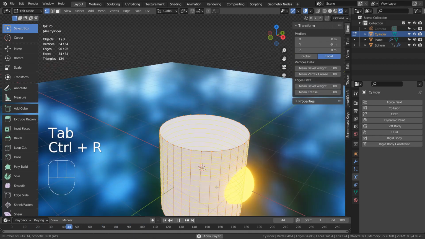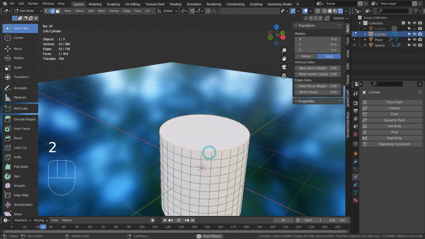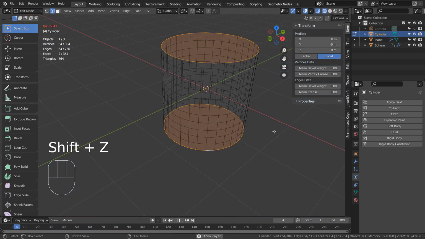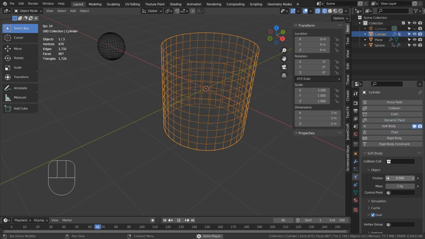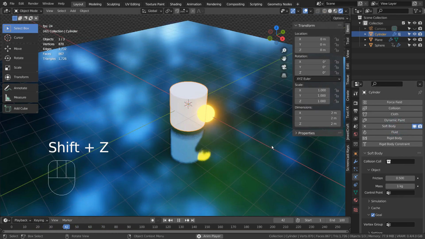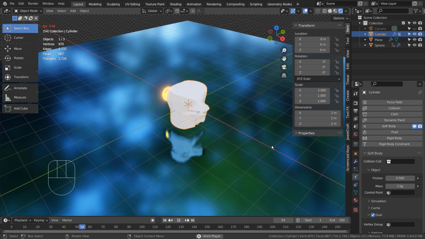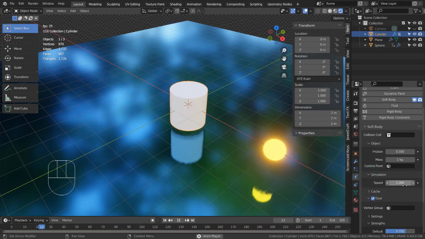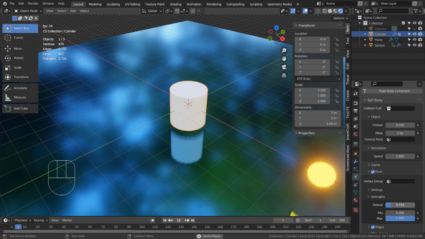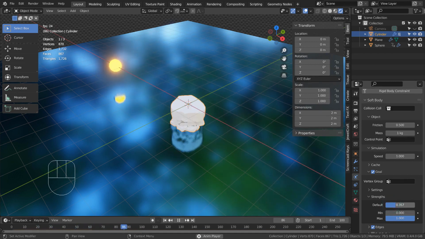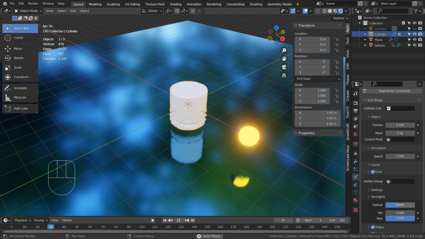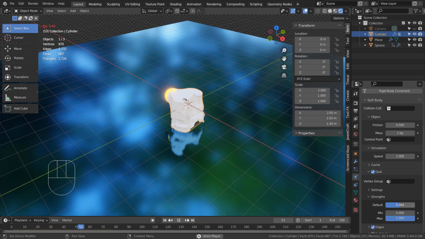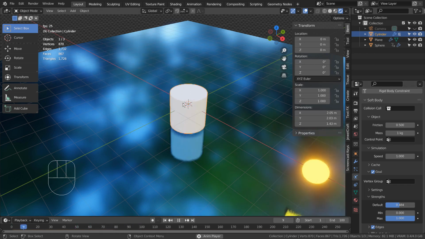I'll add some loop cuts, and assign the top and the bottom vertices as the control point. Let's adjust the goal's strength value. Almost.